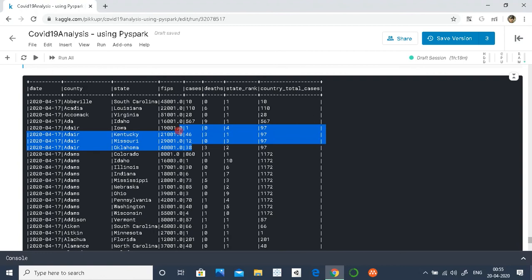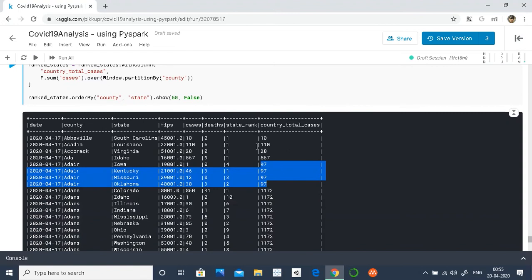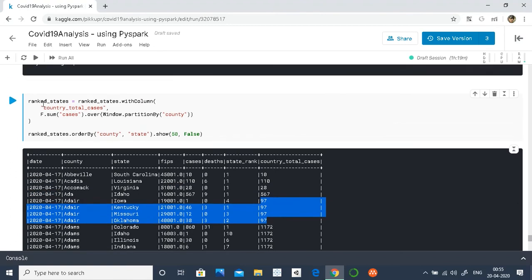So as you can see, for Adair, the total number of cases was 97, and we got that directly here, which earlier we calculated by taking group by county, then merging it back with state level, and then calculating the percent, right? But here we can directly calculate the percentage of cases.